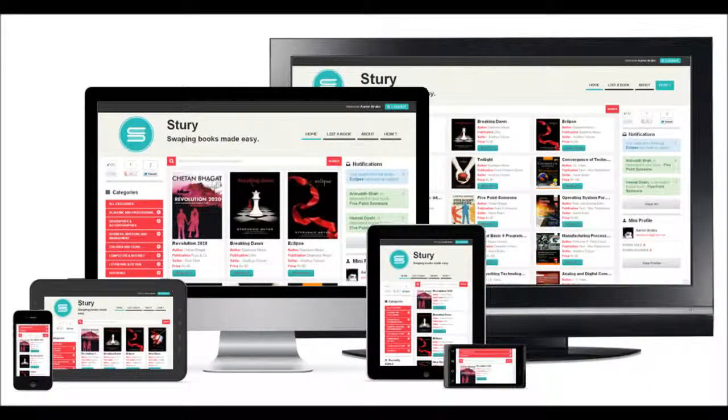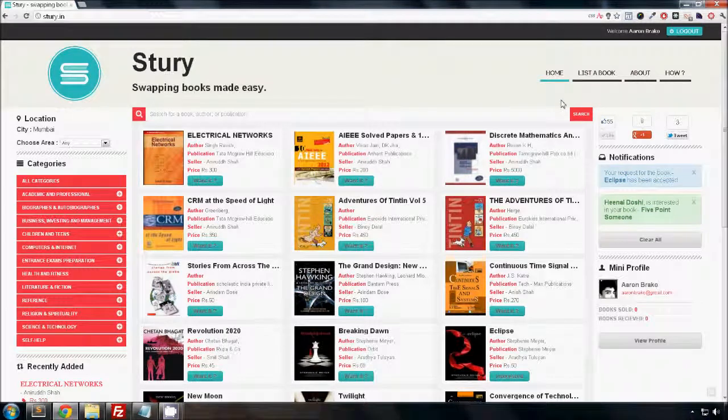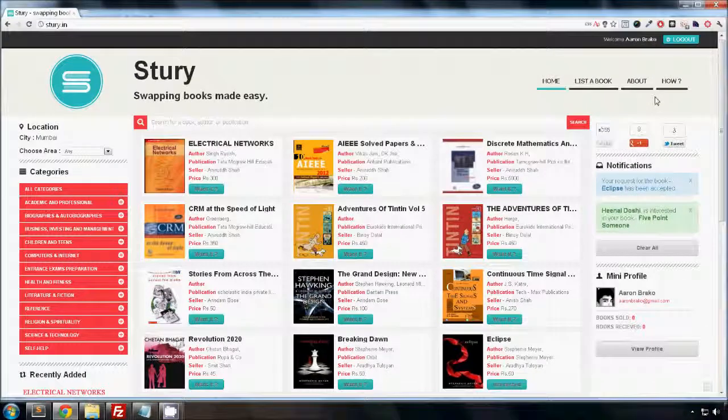Story uses what is known as responsive design. This means that the layout of the application adapts itself to the user's device. So no matter which device you use to access Story, your experience is tailor-made to suit the device and be as user-friendly as possible. Let me show you. You're currently looking at Story on a full HD 1920 by 1080p monitor. I'm going to resize the browser so you get a feel of how the layout adapts itself, taking advantage of the available screen space.